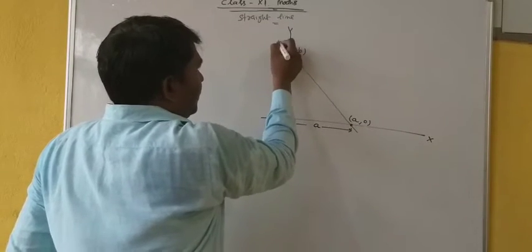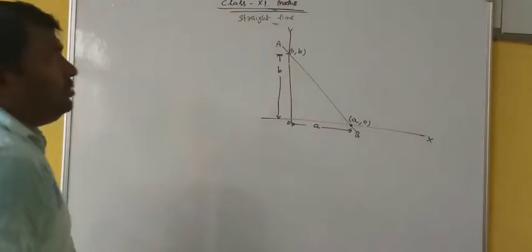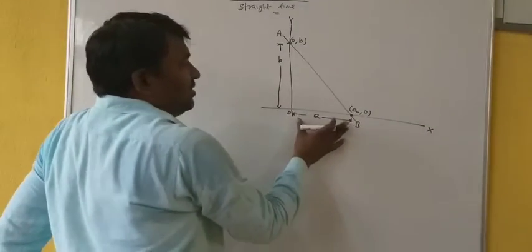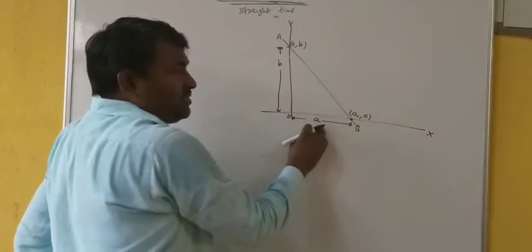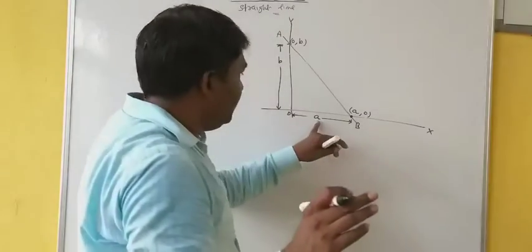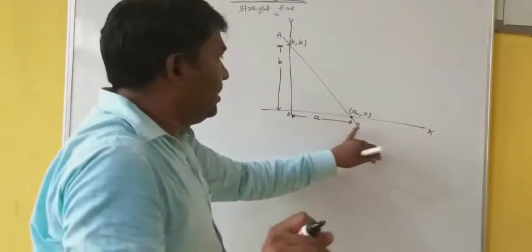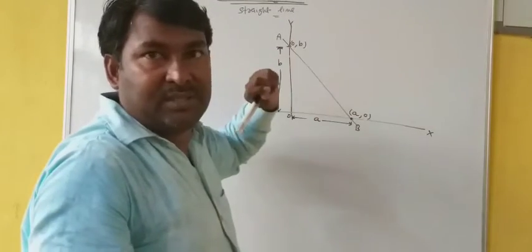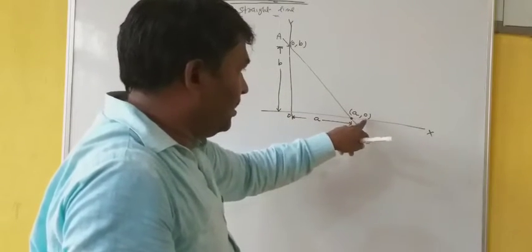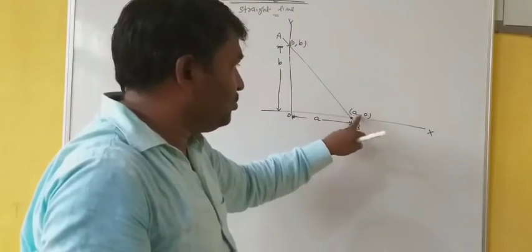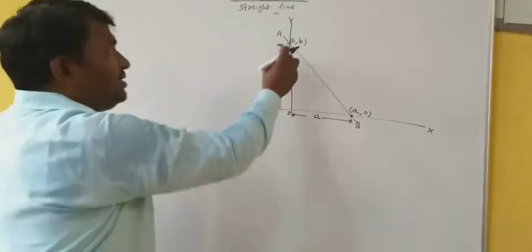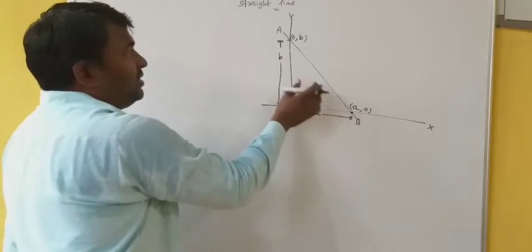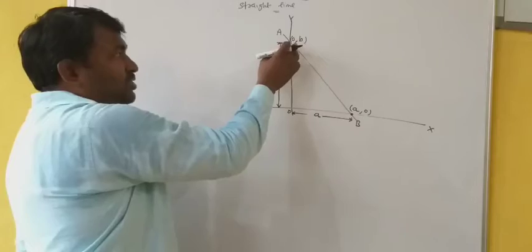So suppose AB is a line which is passing through 2 points. Since it is making some intercepts a and b, where a is the intercept cut by the line on the x-axis and b is the intercept cut by the line on the y-axis, the coordinates on the x-axis from where the line passes is (a, 0) and on the y-axis it is (0, b). In other words, you can see that AB is a line which is passing through 2 points.